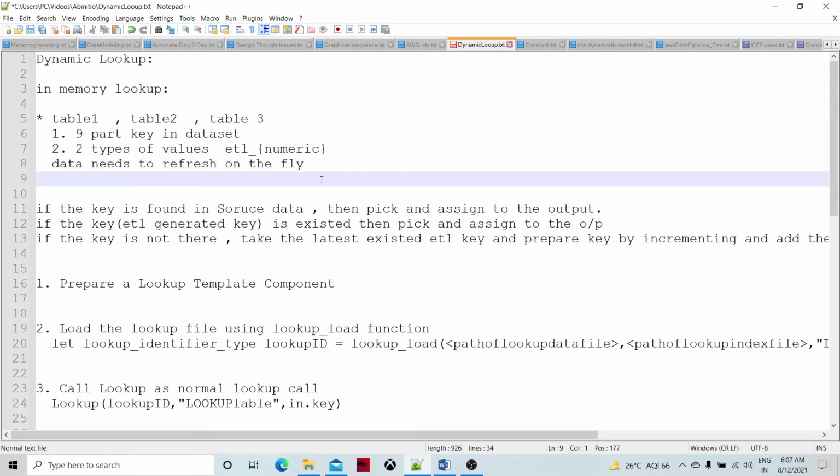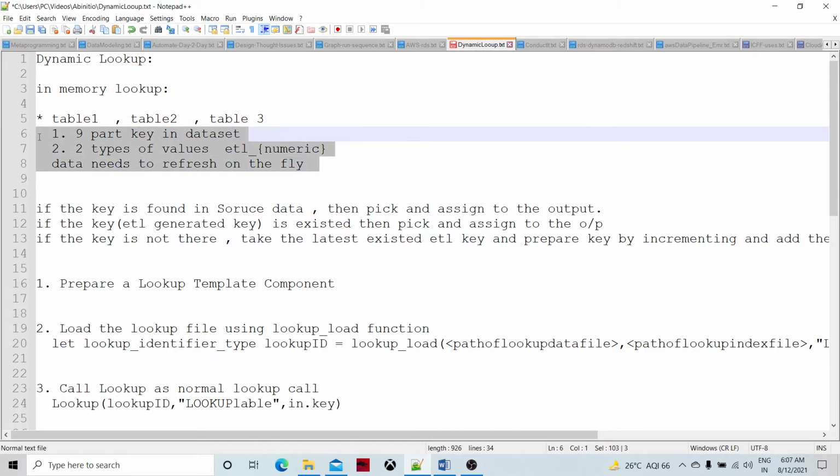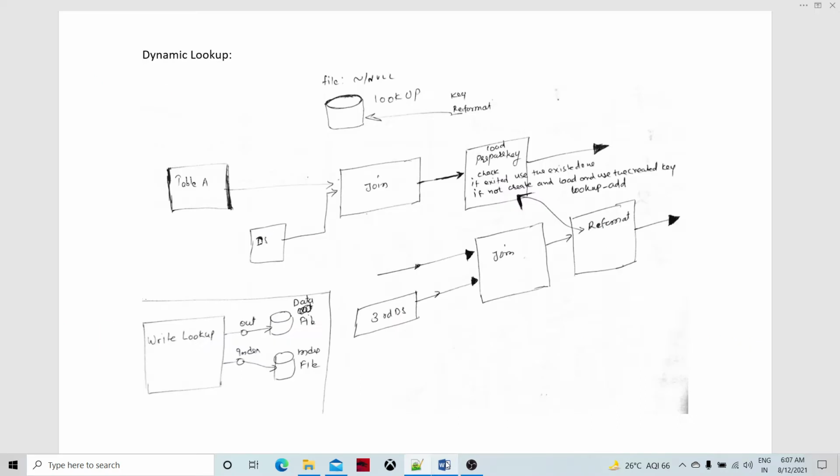Right. So what the construction of the graph would look like, I have created a rough snap of this whole mechanism. We are going to take the lookup template and assign the file as null, and then label it as a lookup, and specify the key and the reformat, I mean the DML of this lookup.